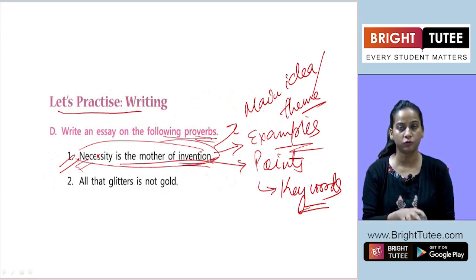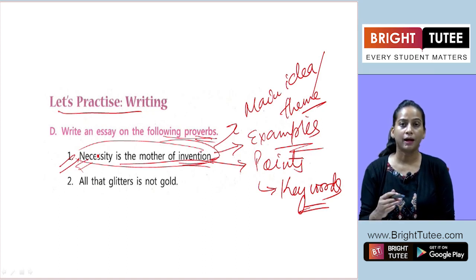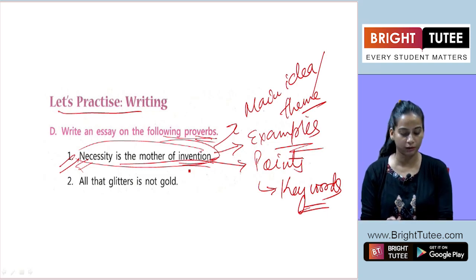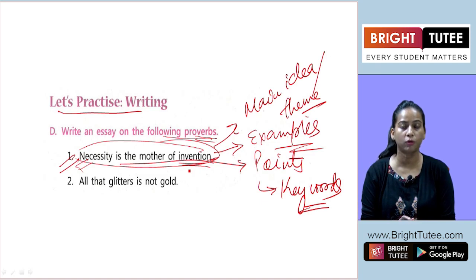You can start or you can give the intro like that. After that, the detailings and all the things you have to mention, and different examples you will give. Then you can say that all the discoveries or inventions, if we talk about them, were done just because of the necessity of human beings. Because the requirement was there, all these discoveries or inventions took place, which resulted in the betterment of human beings. We can also say that it also led to the development of human beings.